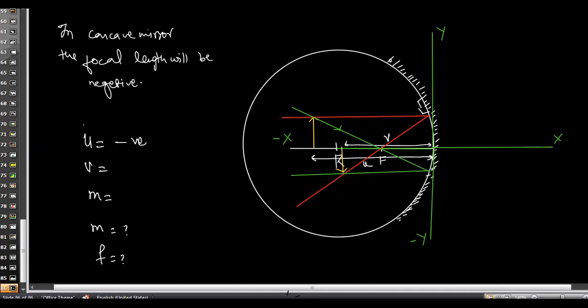Okay, here we have v. The value of v will be negative or positive? v, image distance. Tanishka, tell me. So negative. Yes, it will be negative, because we are measuring the distance on the left hand side of the axis, or we can say negative axis में हमको measure करना होगा यहाँ से लेके यहाँ तक का distance. So that would be considered as negative. This will also be negative.